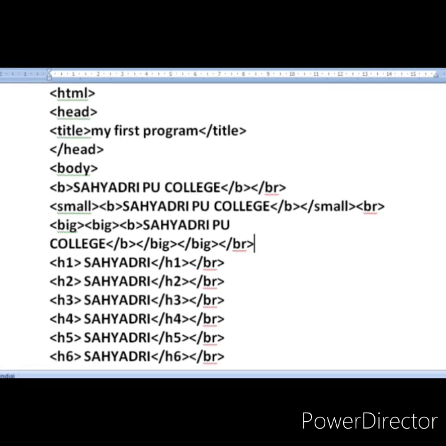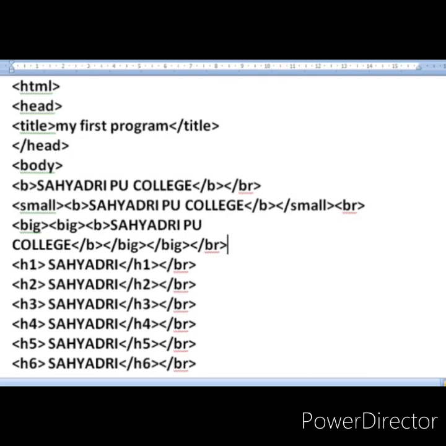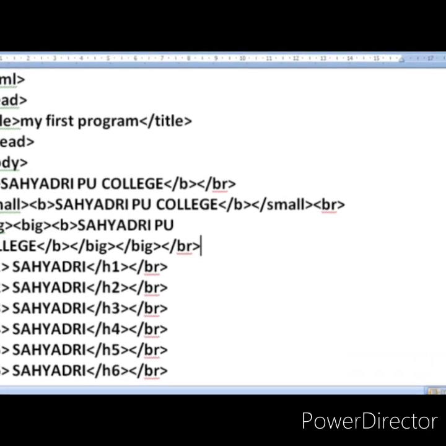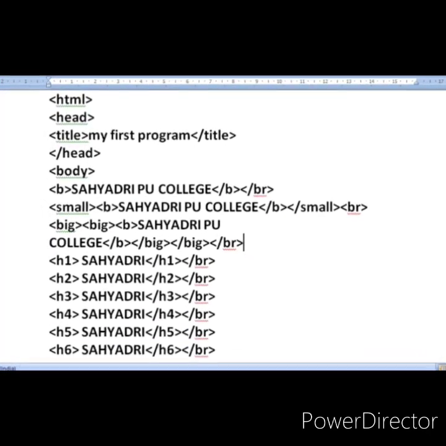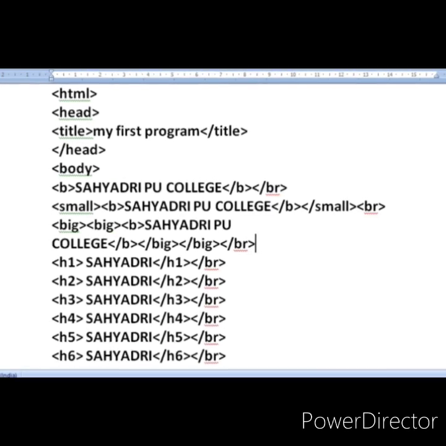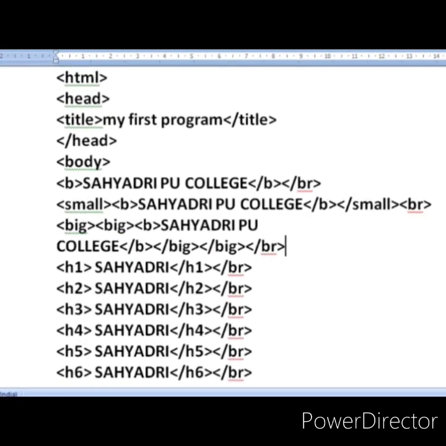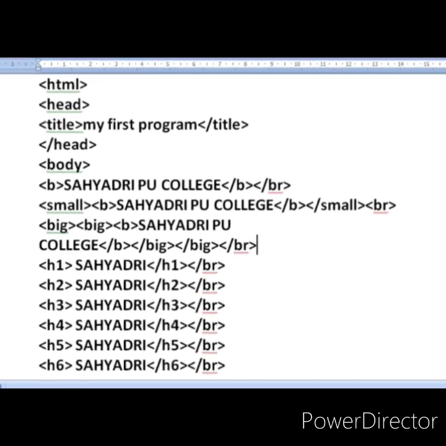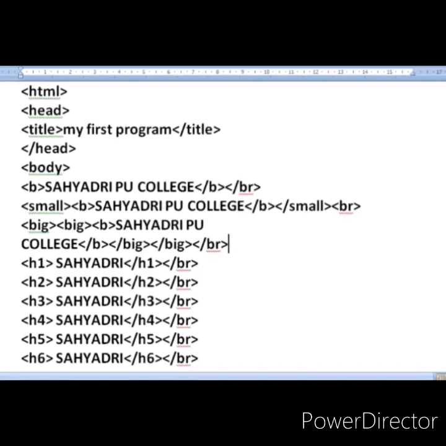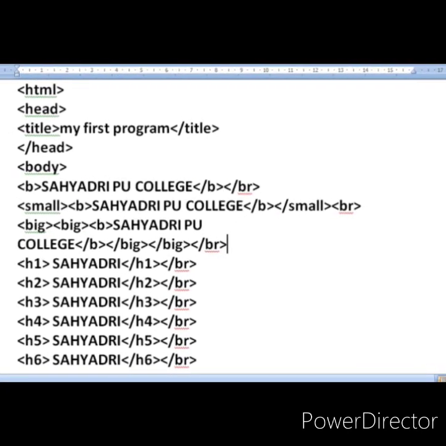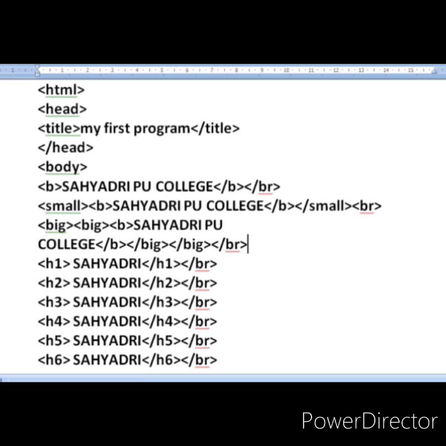The next thing is you can also apply various sizes to the text by using the headings. There are totally 6 heading tags: heading 1, heading 2, heading 3, heading 4, heading 5 and heading 6.